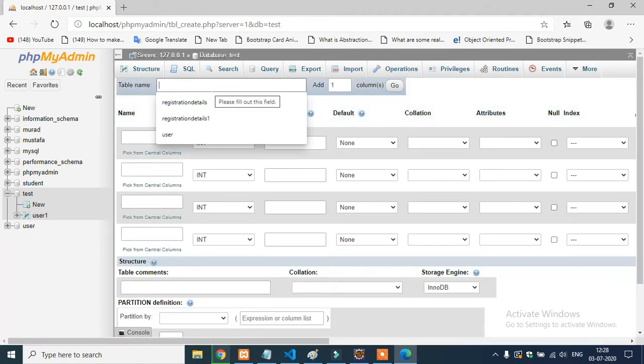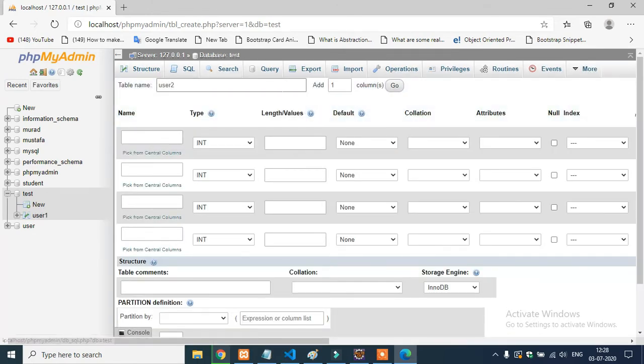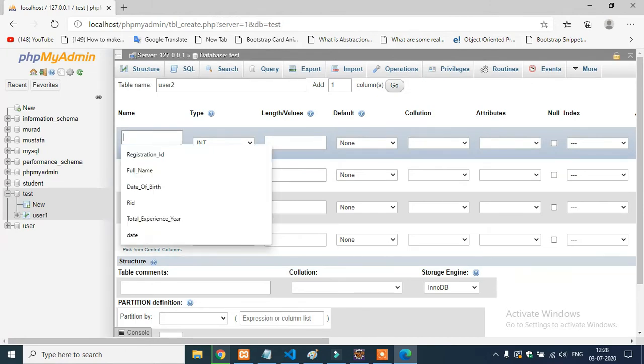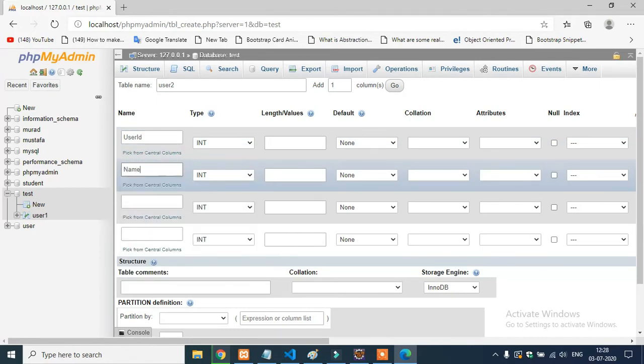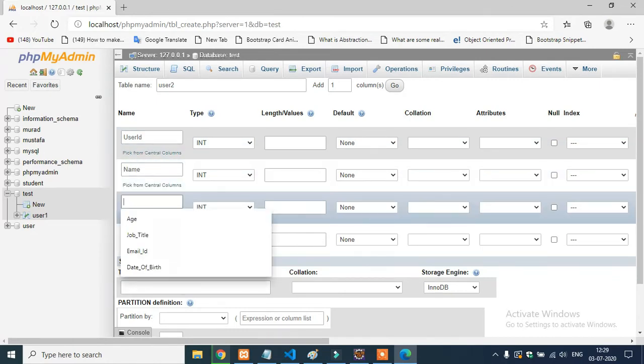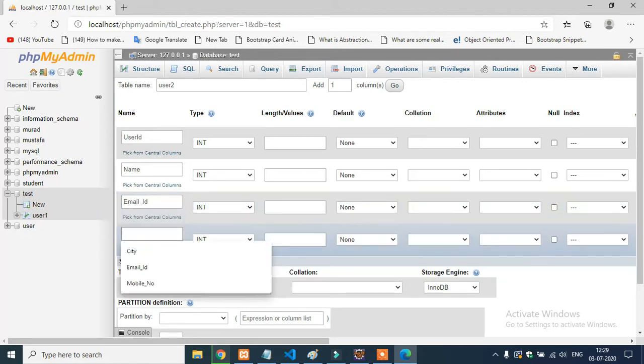Let's give it as user2. In user2 I would require user id, second name, third email id, and fourth city name.